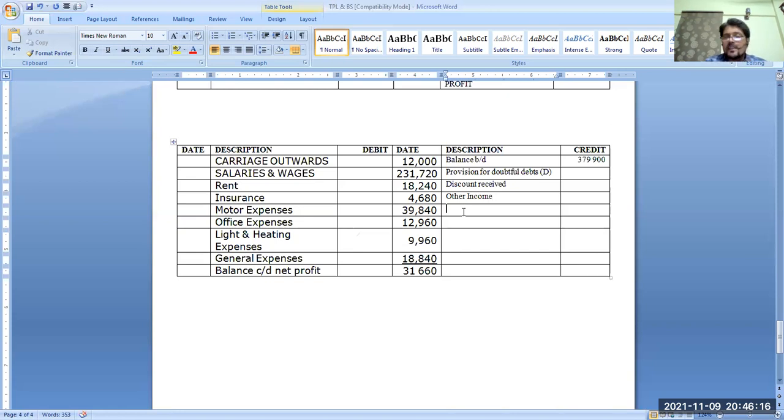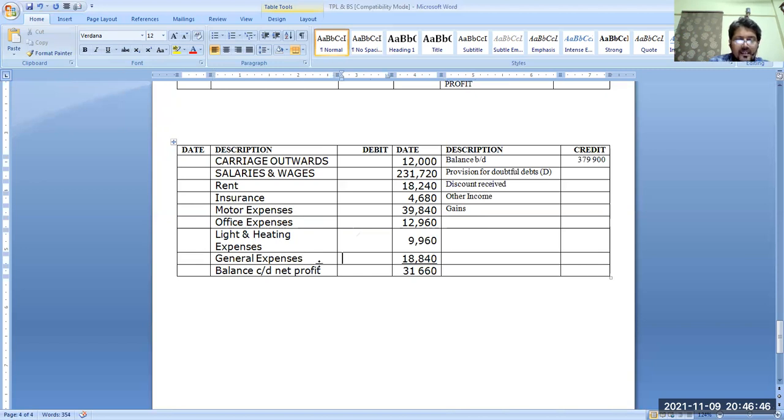The profit and loss account is the same for manufacturing and for merchandising, not for a service business. We'll discuss what will happen in a service business. Other income, got it? Gains, like gain on sale of any asset, are going to be added to gross profit. Here, before net profit.